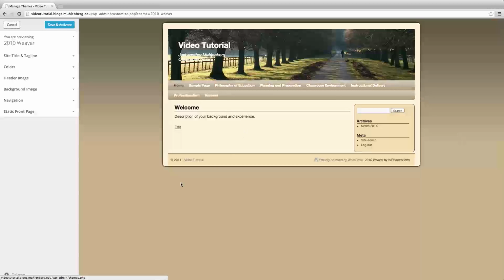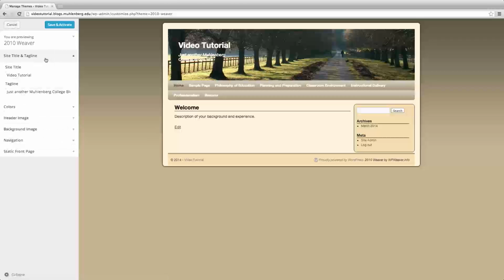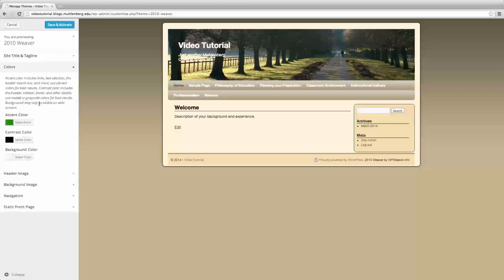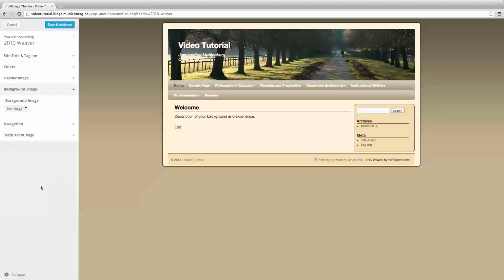On this preview page, the left sidebar has a few options depending upon your theme. You can change your site's title and tagline again, some color options perhaps, a background image, and some other options. Note: remember that everything in your ePortfolio, from layout and color scheme to navigation and content,